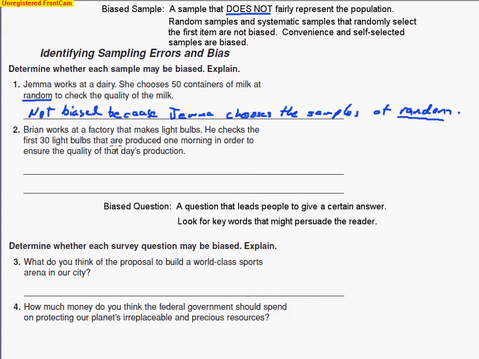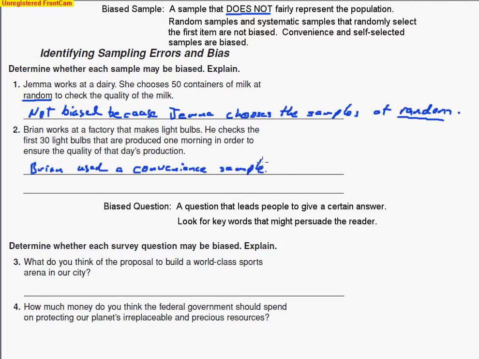It's not random since he just chose the first 30. It's not systematic since he didn't choose every third one. He just chose the first 30. So this is a convenience sample. So we'll say Brian used a convenience sample. And the problem with convenience samples is that